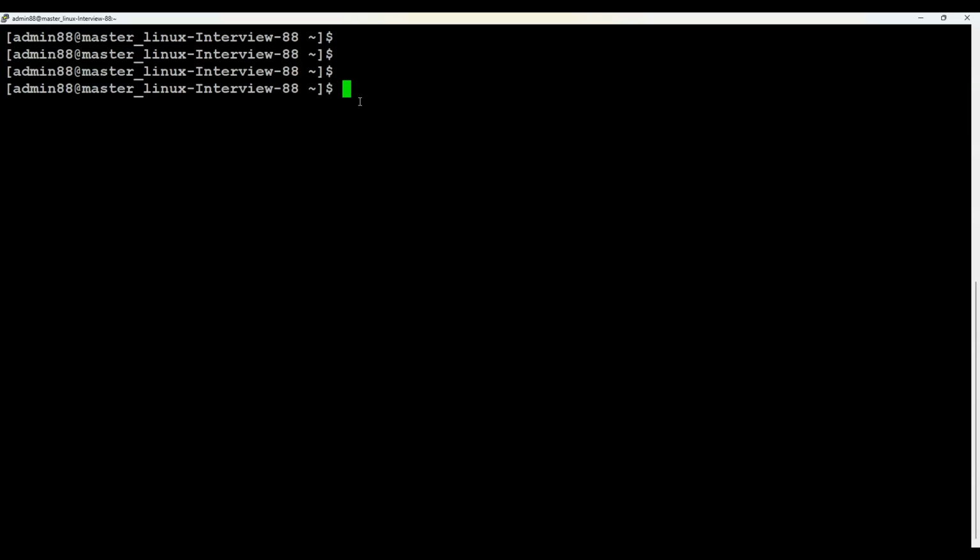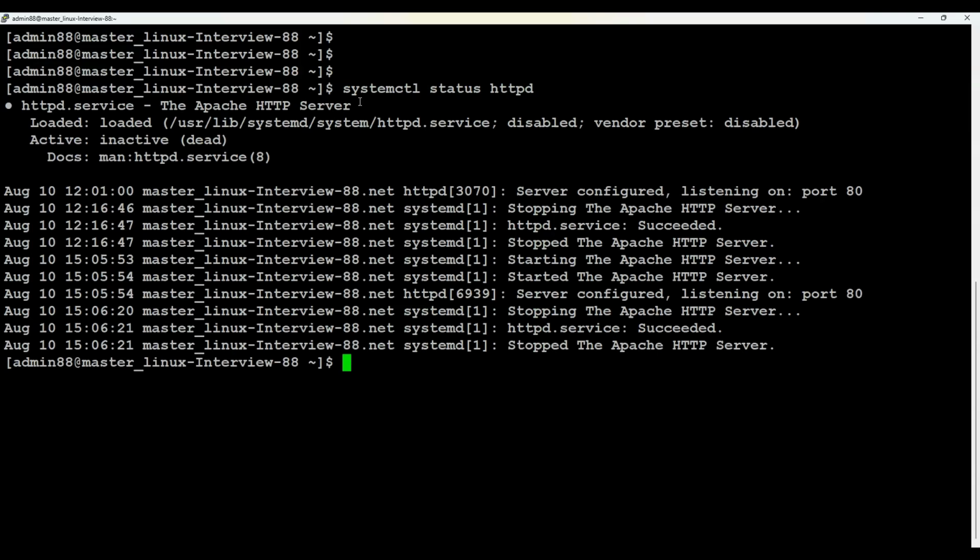To check if a service like Apache is running on my Linux system, I will use the systemctl status httpd command. For this case, the service is not running, so we have to start it. And to do so, we're going to go from status to start,